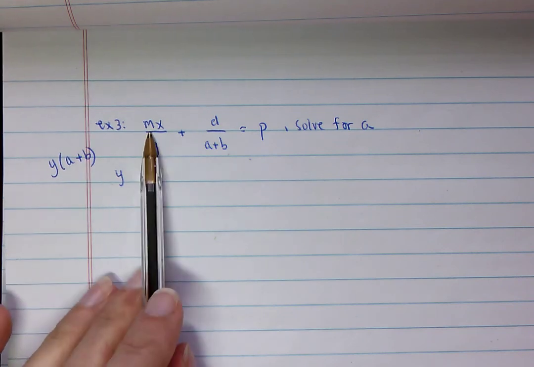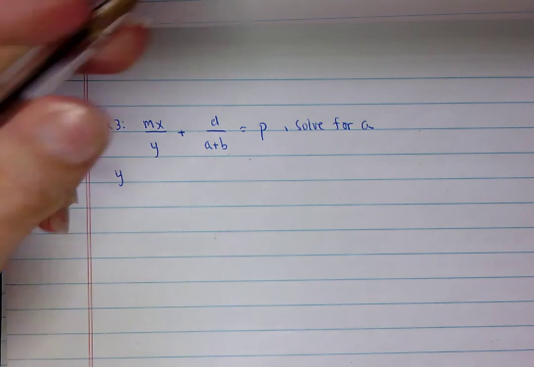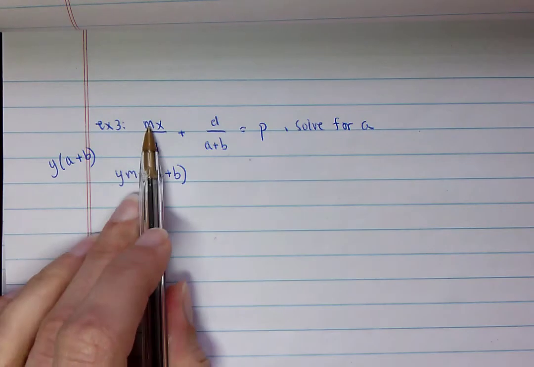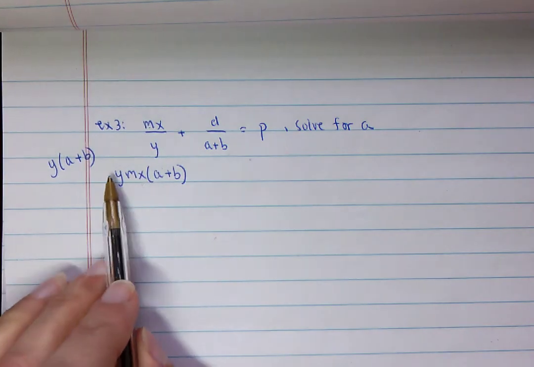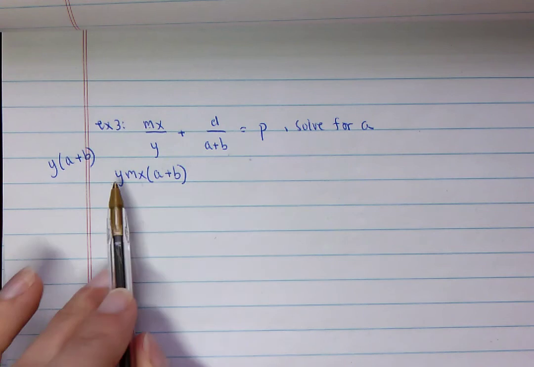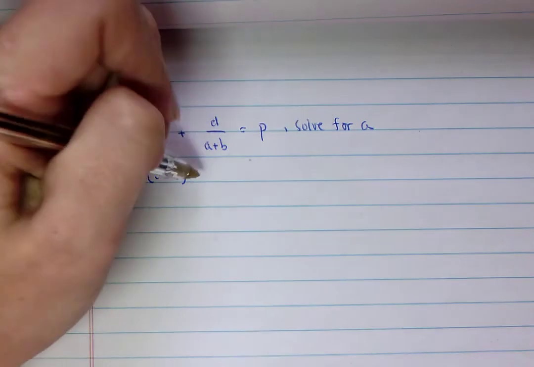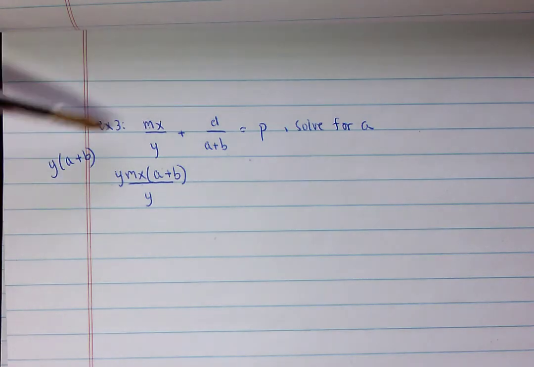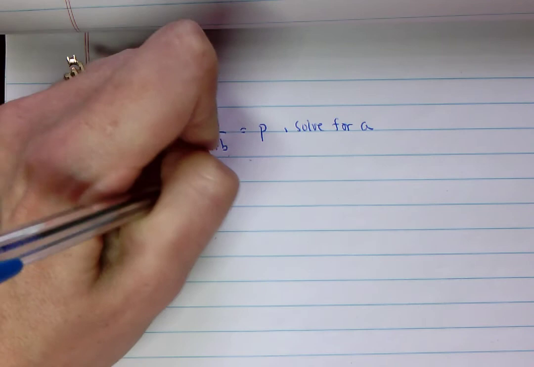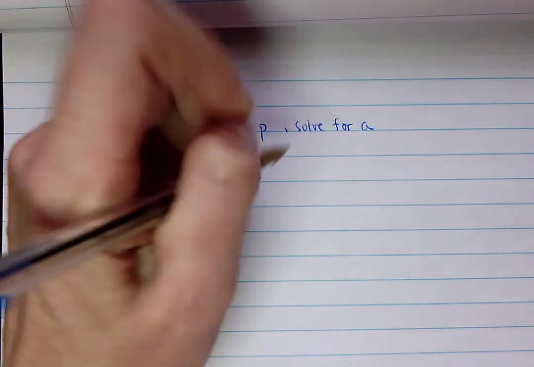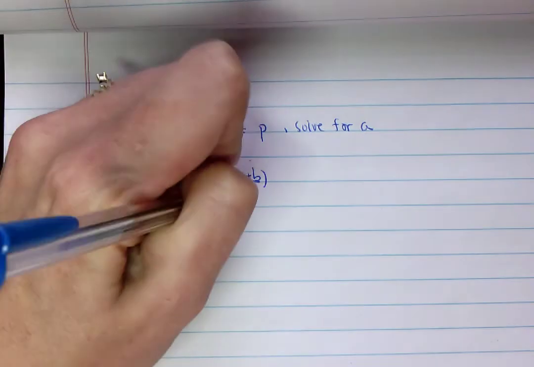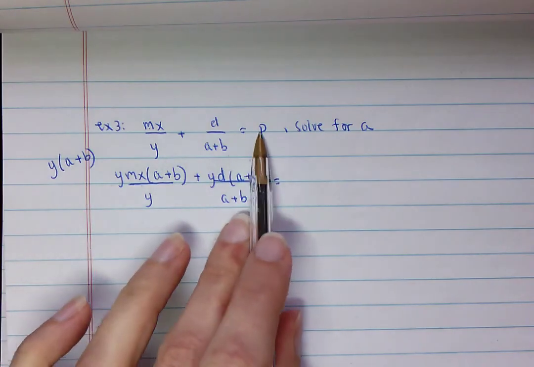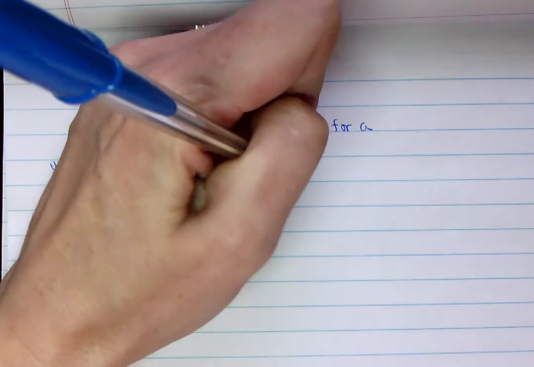So if I were to write that, I could say y m x times (a plus b). I'm just putting what's already there out in front, so I don't have y and (a plus b) and then m x after it. I'm just putting it all out in front. And then that would be all over y. This would be y d times (a plus b) all over (a plus b). And this one, we don't have to worry about anything on the bottom, but it's just y p